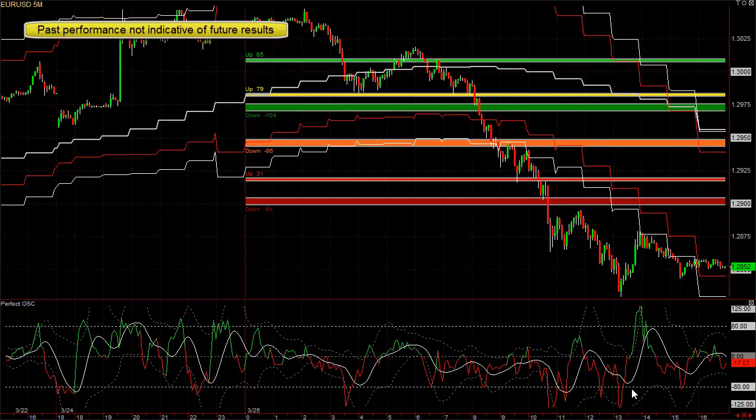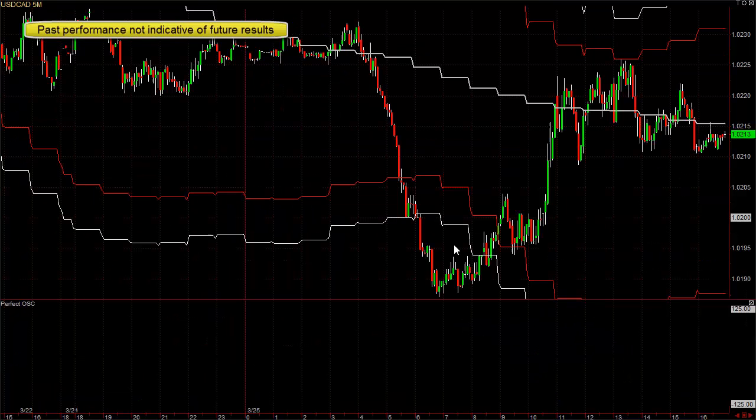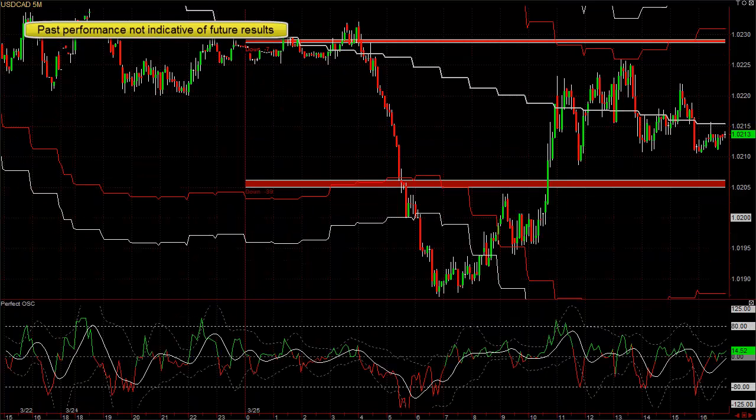And I'll just put this up on a few other charts just so you can get a feel for it. Dollar CAD, let's just take a look at this. Notice the lower value area for Friday was down 7 pips. Today the dollar CAD couldn't get above this area. It had a false breakout. And once it goes below this low, it's a very high probability area